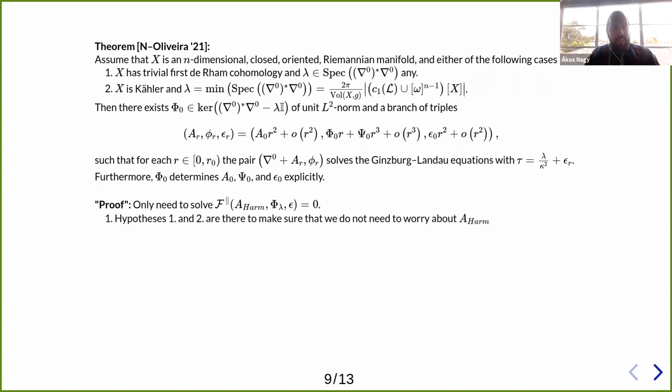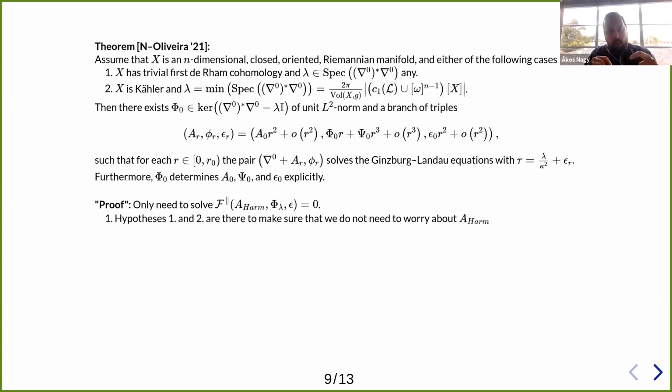Having no first homology tells you that there are no harmonic one forms, so that's easy. Part 2 is what we learned from the works of, I'm just going to say from now, Shishkov et al. They realized that when you have a Kähler manifold, so if you just try to do it on an arbitrarily closed Riemannian manifold, you would run into the problem that